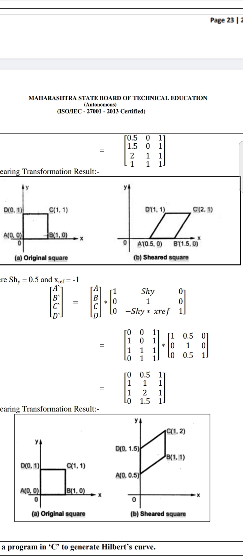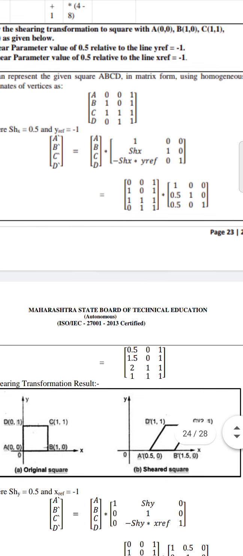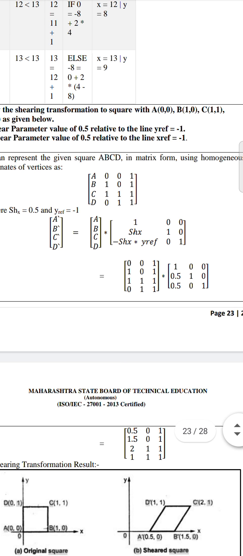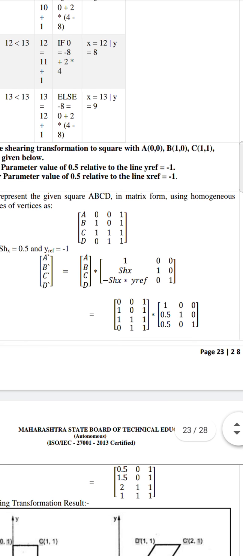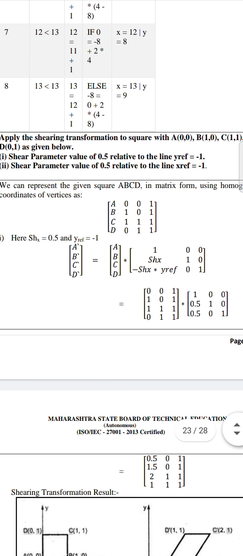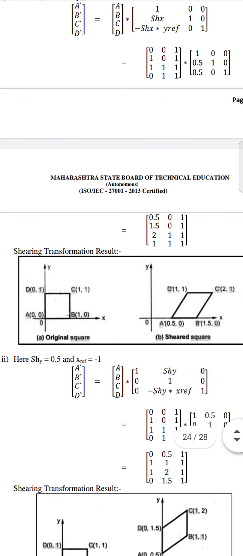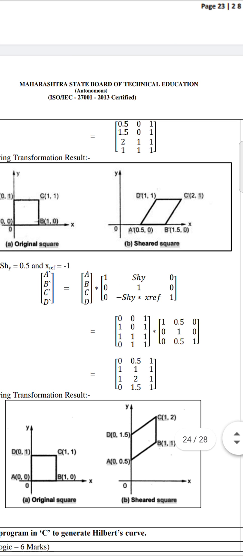For a shear transformation matrix in the y direction, the values are fixed, you can note down the matrix. When you are applying a shear transformation on your y axis you are having this particular matrix, which is given in the first bit. When you are applying a shear force on the x axis, you are having this particular matrix. So both matrices you can note down in the notebook, so that each and every time you can use them.